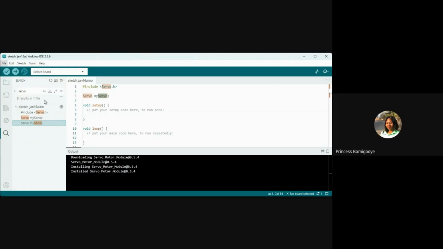Then the examples are basically example codes, sometimes based on the library, sometimes inbuilt. Some of them, like this one for example, you see examples, you see basics, you see bare minimum, sometimes you see LED blink. Now this will show you a simple example of a beginner LED blink code.